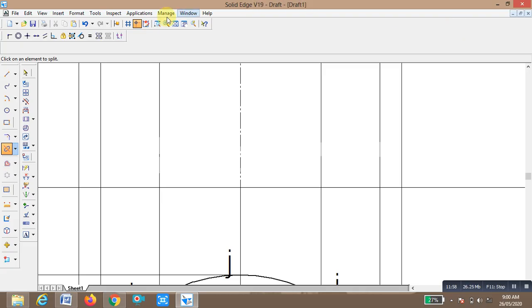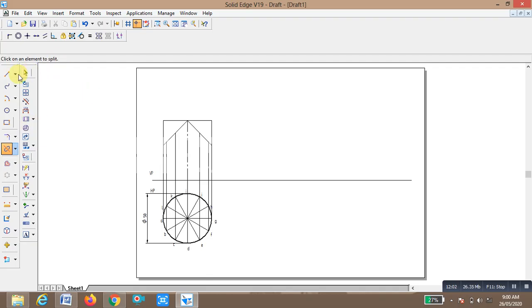So select command, select, holding the control button, 1 2 3, select, hold the control button 1 2, select, this is 1 2, select, 1 2 3 4 5 6 7 8, and this base we want to make 0.5 mm thick.